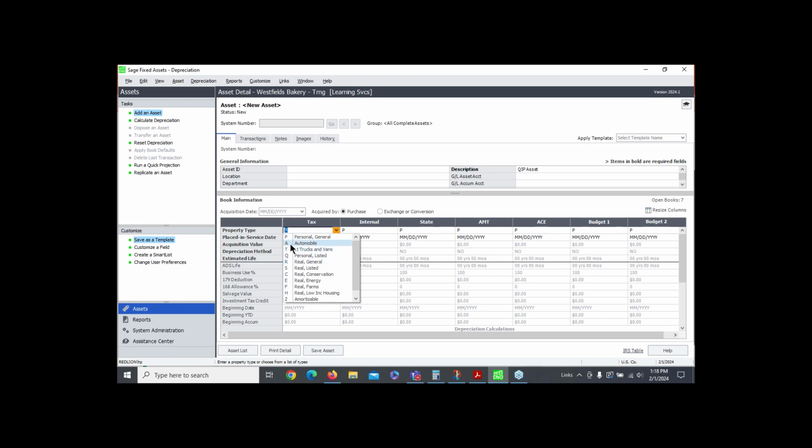By the way, you can see here the other two property types I was telling you about earlier, the A and the T for light vehicles. But here I'm going to click on R, and I'll tab. And I'm going to put in a placed in service date of this year, and I'll put in an acquisition value of $1 million